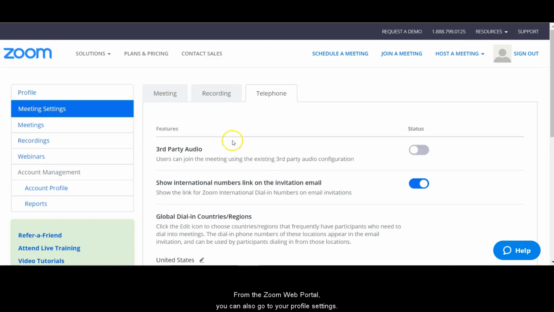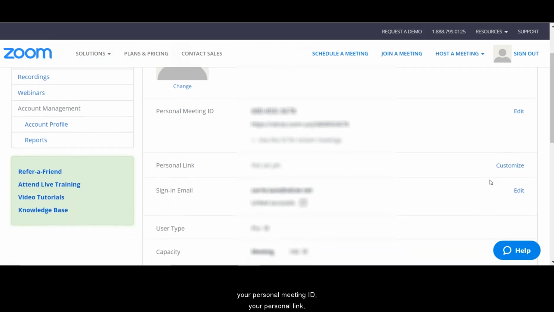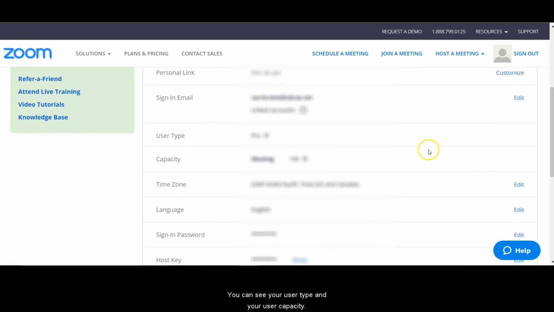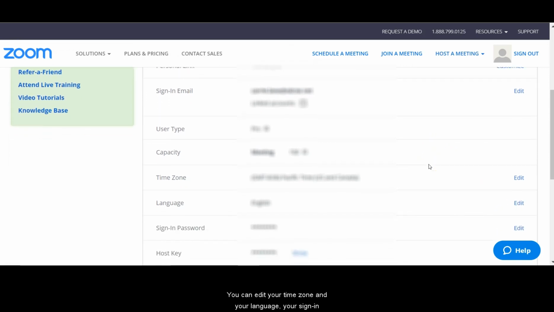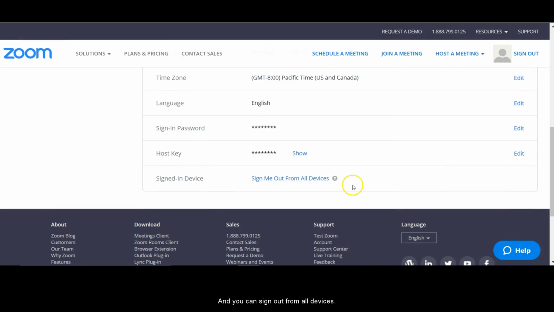From the Zoom web portal, you can also go to your profile settings. Click on Profile, and here you can change your photo. You can edit your account number, your personal meeting ID, your personal link, your sign-in email. You can see your user type and your user capacity. You can edit your time zone and your language, your sign-in password, your host key, and you can sign out